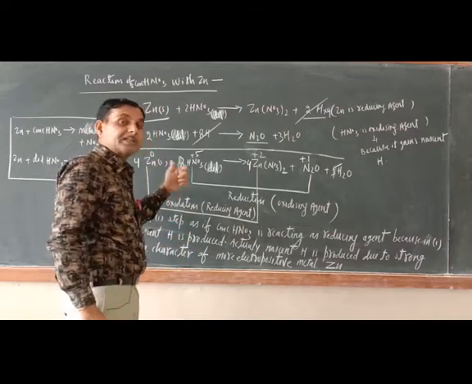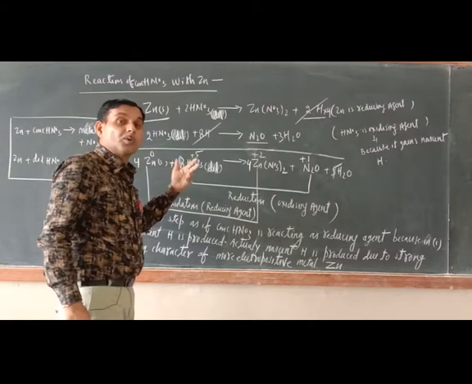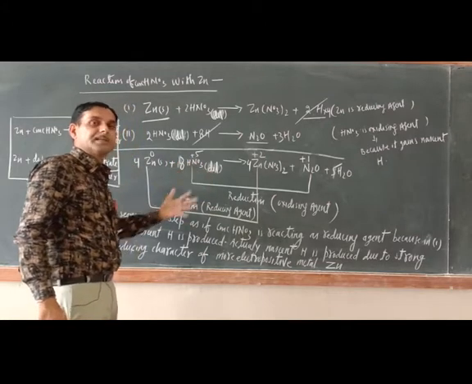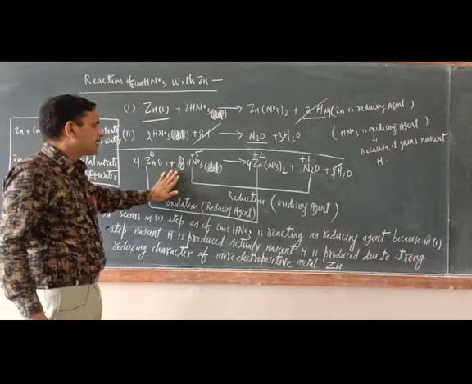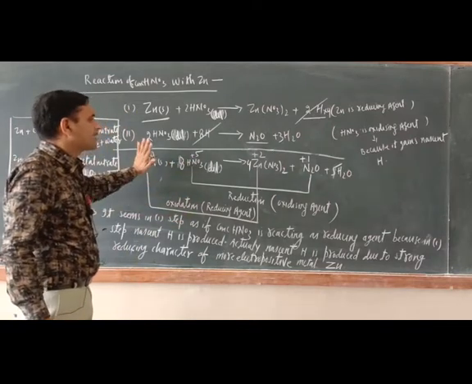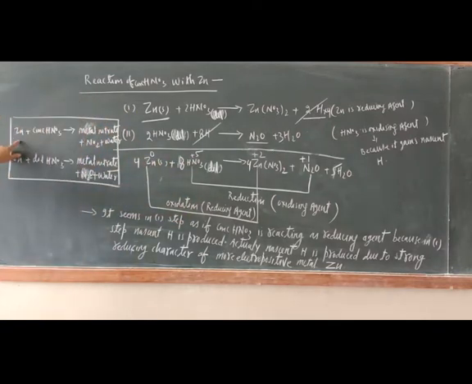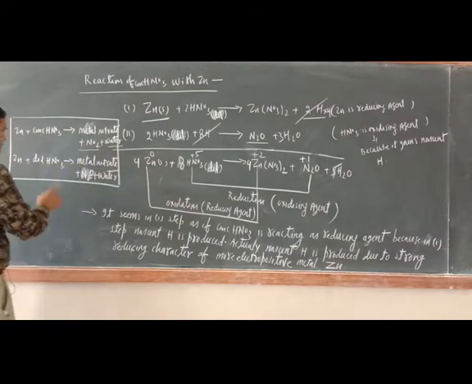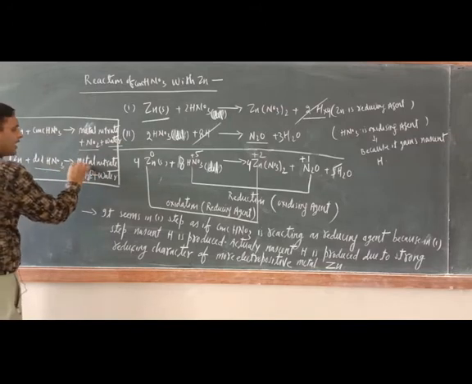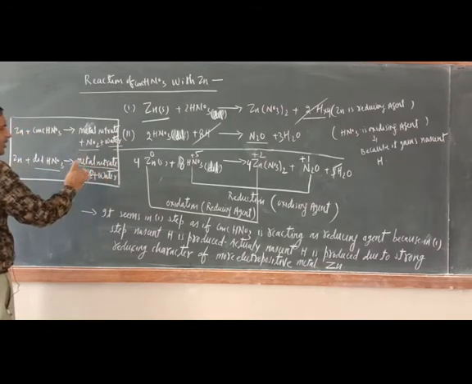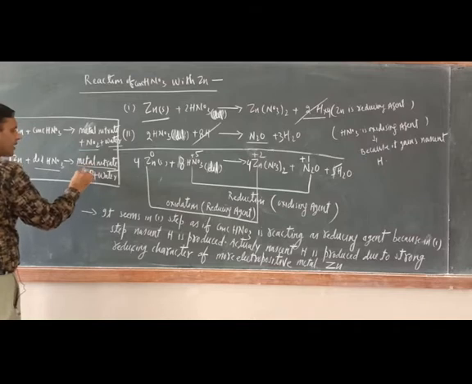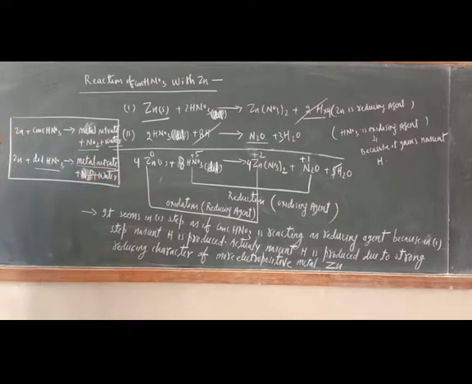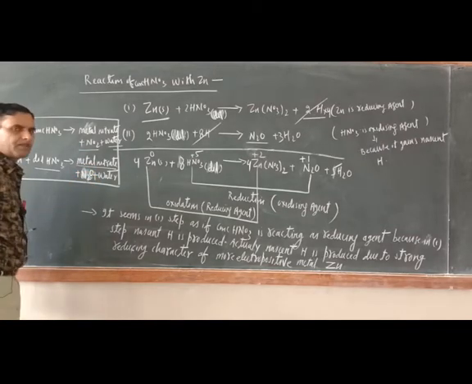And now the strength of acid is dilute. So the more the dilution, the more will be the extent of reduction. So just add this one, rest everything is okay, the same. Now here I wrote the conclusion also. Zinc plus concentrate HNO3 gives metal nitrate, NO2 and water. But if it is dilute, then metal nitrate, meaning zinc nitrate, and N2O. What is the product here? N2O, nitrous oxide, and water.